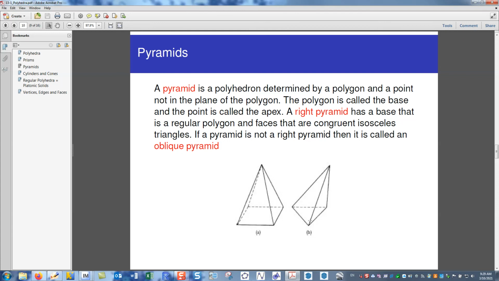and this would be an example of a triangular pyramid. So the triangle is the base, and a point up here is the apex. Now just like in the case of prisms, we have right and oblique types. A right